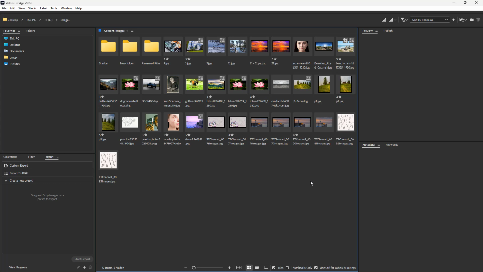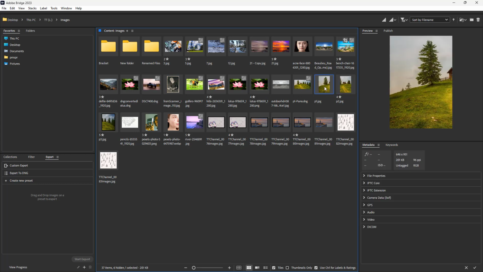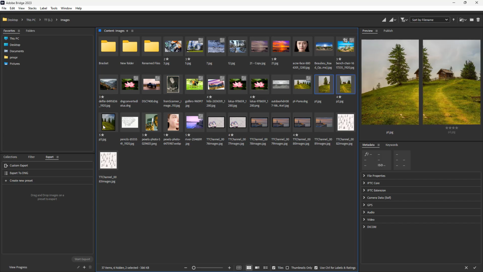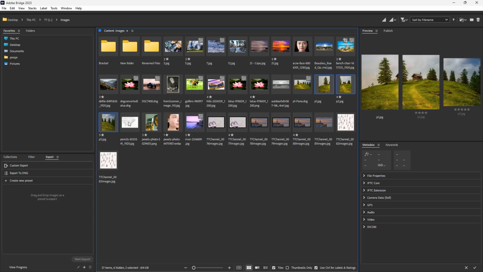So over here, you can see that I actually have some photos right here. As you can see, like this P1, P2 right here, and there's 5 right here. And you can see that they are actually panoramic images right here. Bits of it, and you can go ahead and merge them together to make a panoramic image. So these are separate images, and what you can actually do using Adobe Bridge is send them out to Photoshop